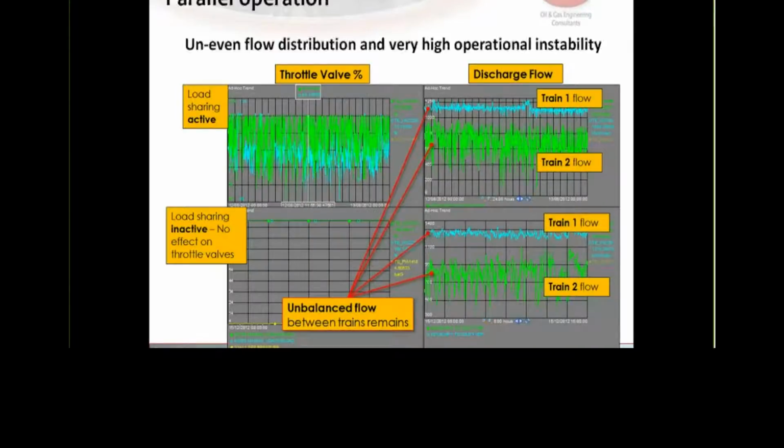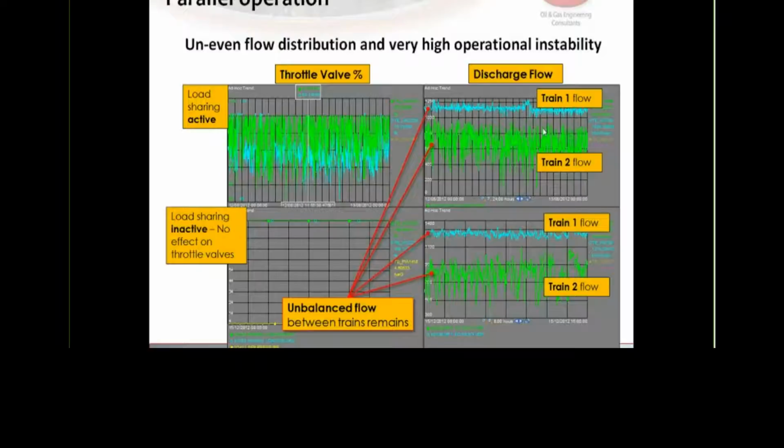So let's get into what we have at the moment. This is the first step that we have to take. Our initial issue is to figure out why there is so much instability in the data. The first two graphs, the graphs at the top, are with load sharing active. The left-hand side graph shows the signals from the throttle valve, and the right-hand side shows the discharge flow